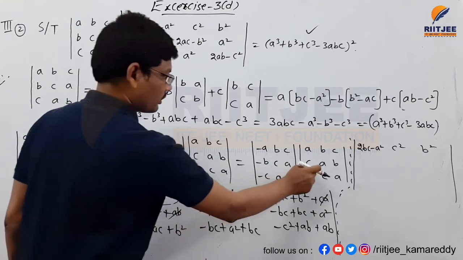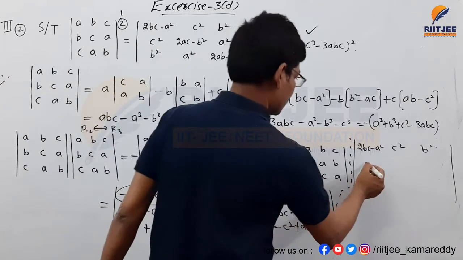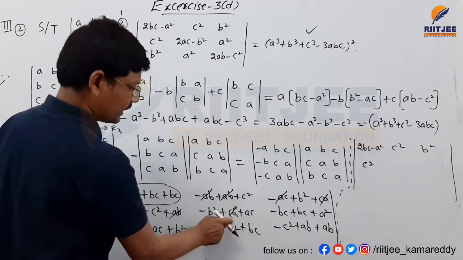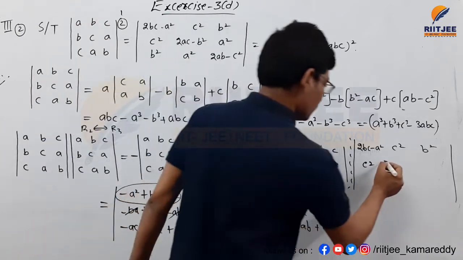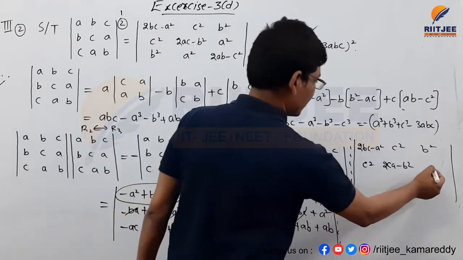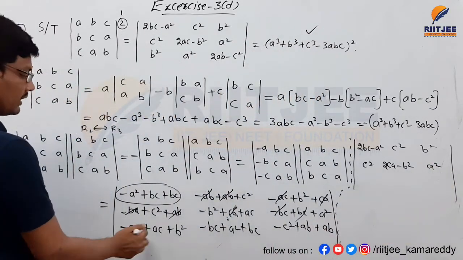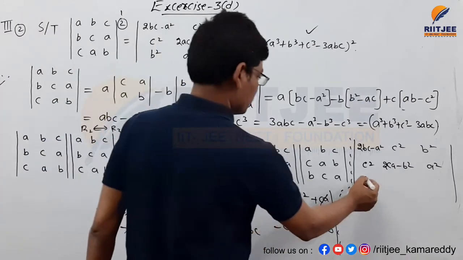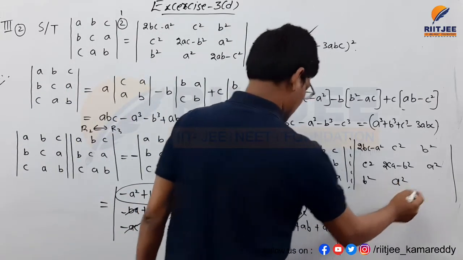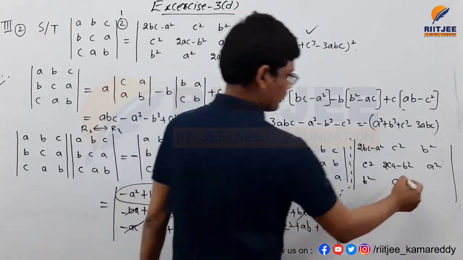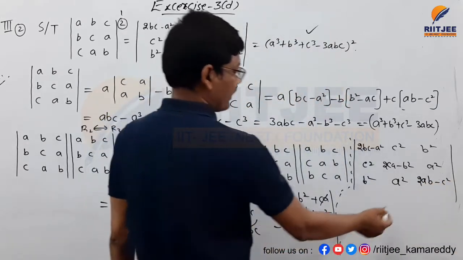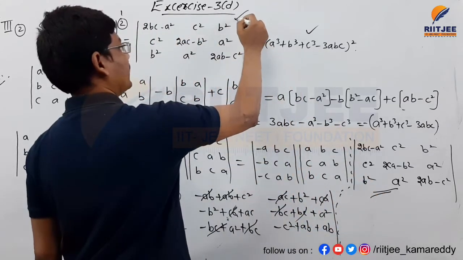AB, BA, plus this is C square, this is C square here, but why? Because minus C into C will become C square, and this is C square here, and plus CA, sorry, no need to cancel here, CA plus CA, 2CA minus B square here, and plus BC minus BC get cancelled, that is A square here, and plus AC minus AC get cancelled, that is B square here, and plus BC minus BC, that is equal to A square, and AB plus AB, 2AB minus C square. So this is the answer for the second proof here.